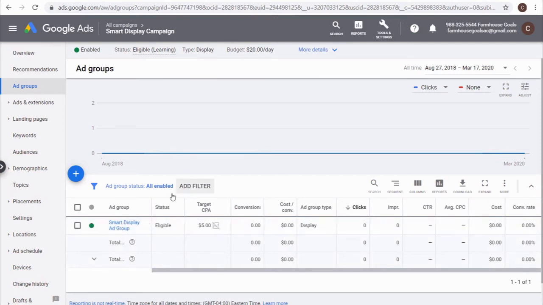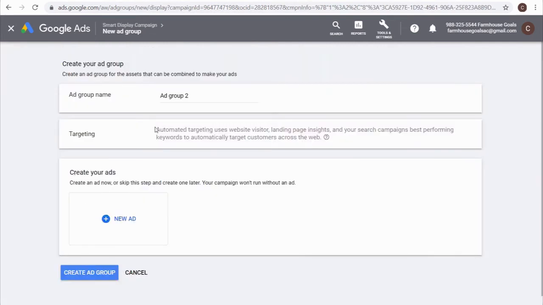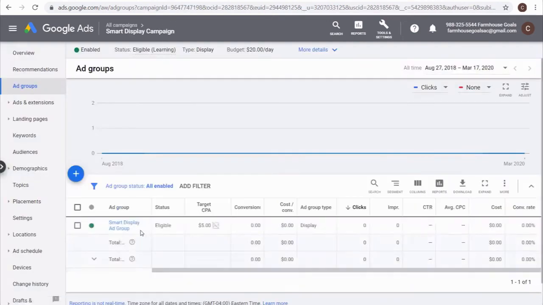So for this campaign, you really don't need to create multiple ad groups. If you're uploading a lot of different advertisements, you can create multiple ad groups. But if we create a different ad group, you're going to see targeting as automated targeting. So it's really going to be the same targeting in our other ad group. And all we're going to do that could be a little bit different is create different ads. But you're probably better off just keeping it all in one ad group here, unless you really want to do testing for different advertisements,